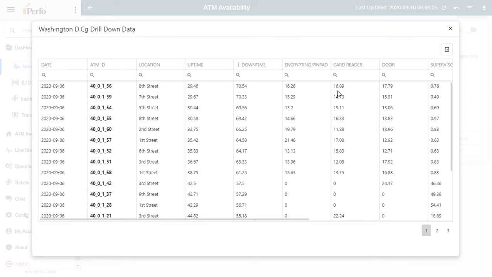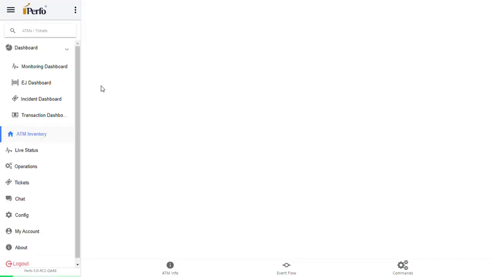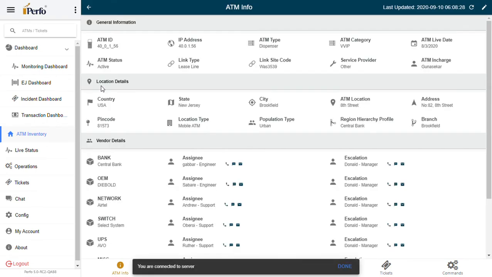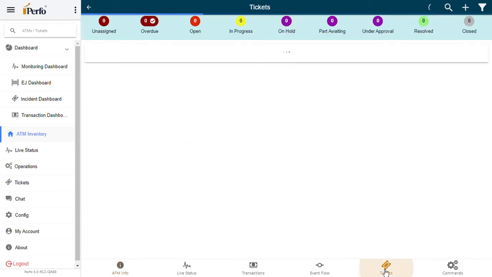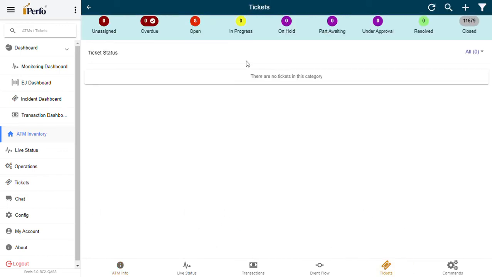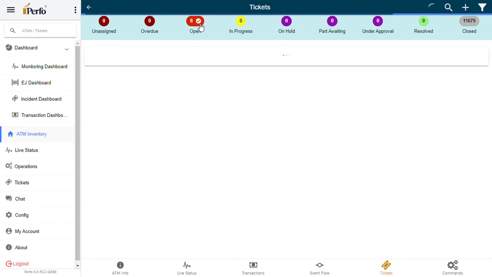This will clearly give you an indication that this particular ATM was down for so and so reasons. And there will obviously be tickets when there is downtime because of a card reader. When a card reader is faulty, you would anyway have some tickets associated with it, so you can go and see. Okay. Right now, this machine has no overdue tickets. There are some